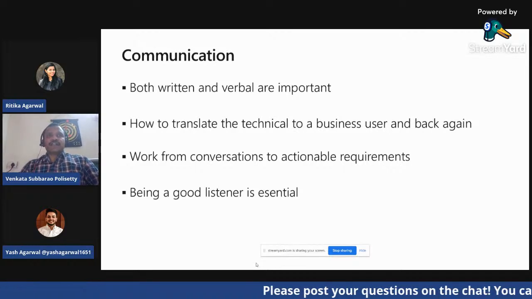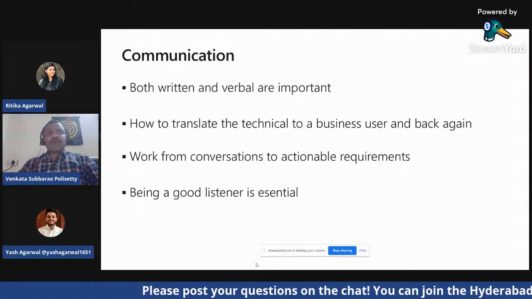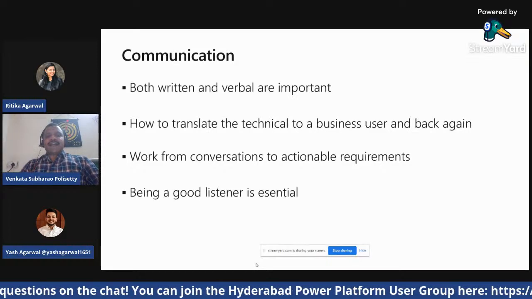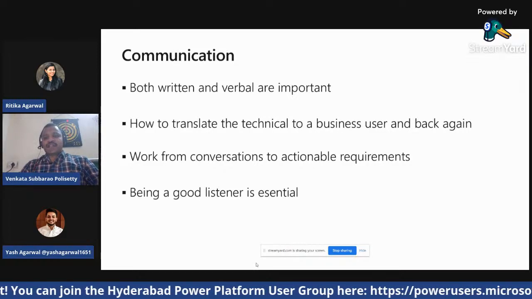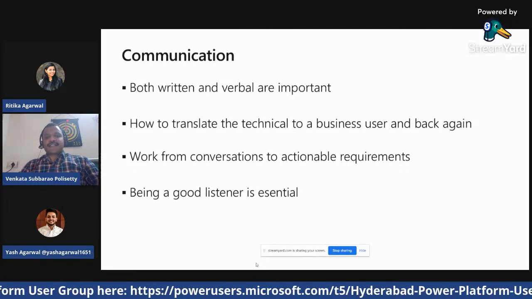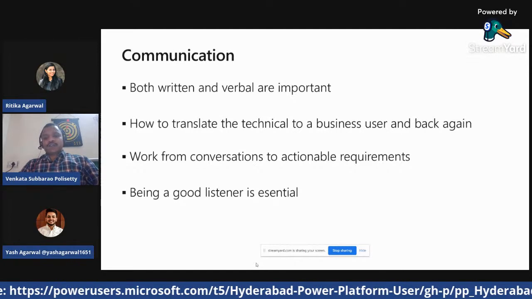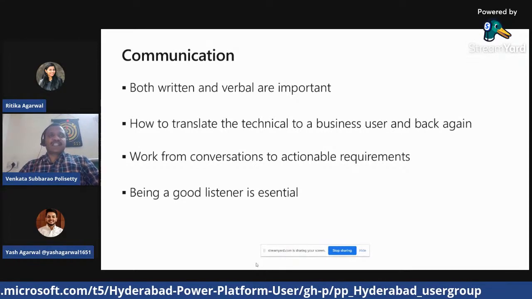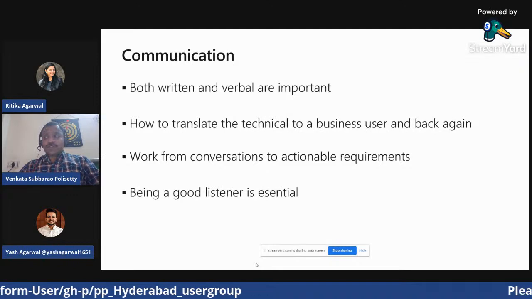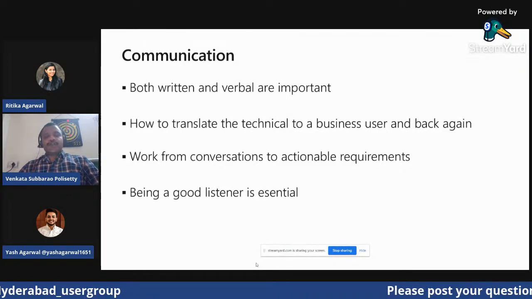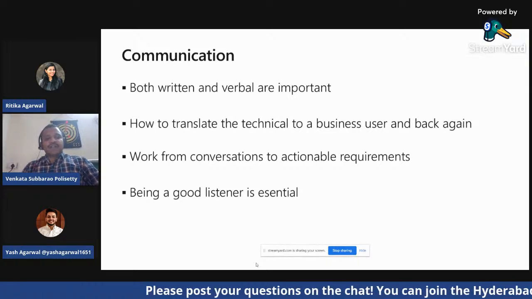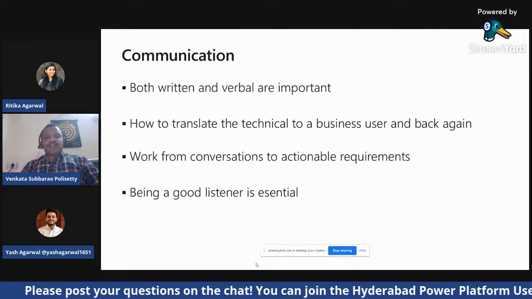See, business users will come with a business problem. So you, as an architect, should be in a position to translate your technical needs to the business user so that they will understand in their terms, and also work from conversations to actionable requirements. Whenever you are having conversations with the customer before any project kicks off, all those things will be conversations only. So in the coming slides I'm going to show you how to convert all the conversations into actionable requirements. And also an important thing is you should be a good listener